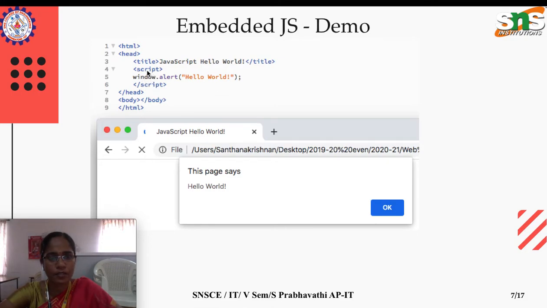So it depends on the browser object called window. So window has the method alert. That's what we are using, the alert method with the dot notation. Object name dot method name, window dot alert, it simply displays the pop-up message. Okay, I'll take you to the demo, both embedded and external.